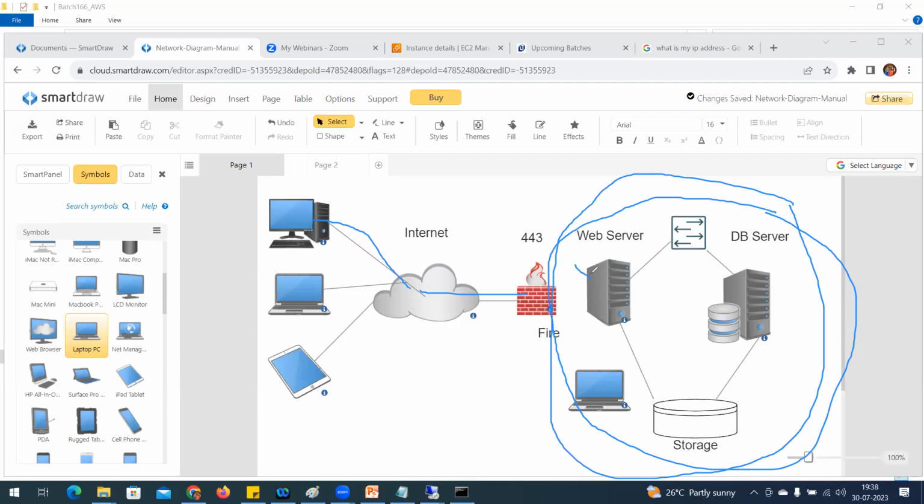Now, the organization is looking for only a web server, website information. That organization just provides the information, the data that needs to be published on the website. The data has to be given to the cloud provider. That's it. They need not bother about the DB server, storage, or the app server. They just need to provide the data to a cloud provider. The cloud provider puts that information in the cloud portal. That's it.